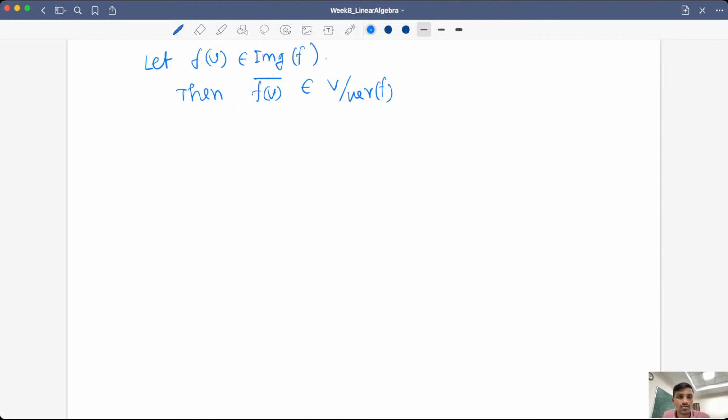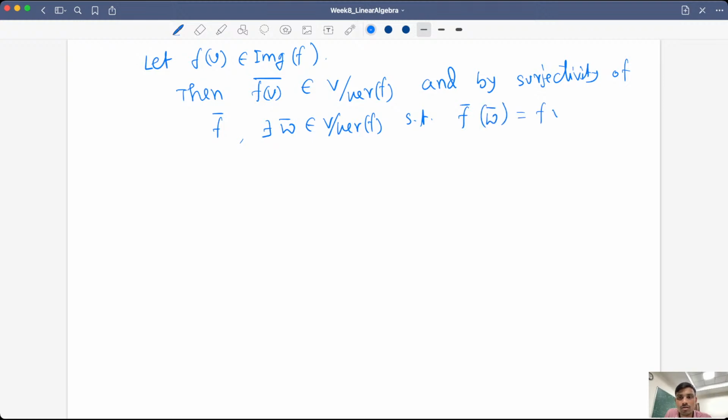Okay, so by surjectivity of f bar, there exists w bar belonging to V mod kernel f such that f bar of w bar equals the class of f(v), and f bar of w bar means that the class of f(w) equals the class of f(v). Okay,